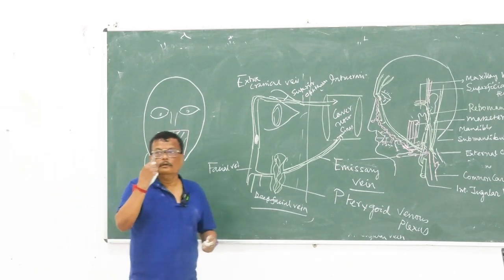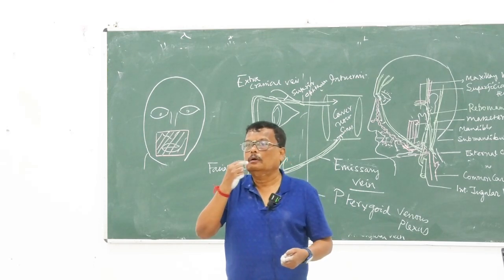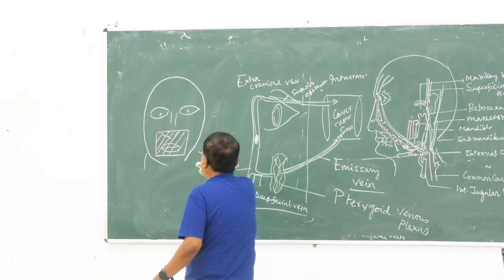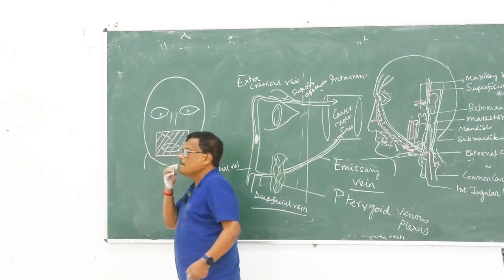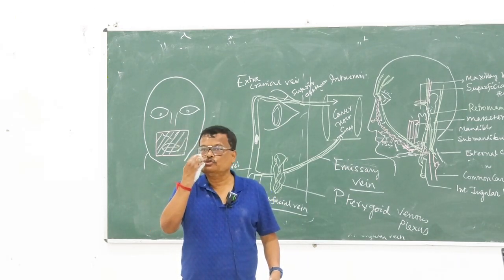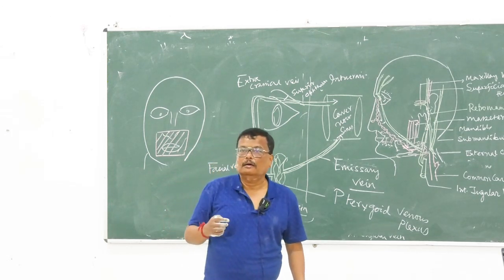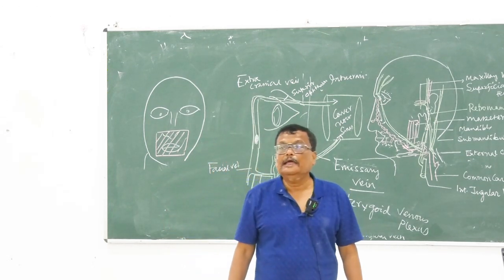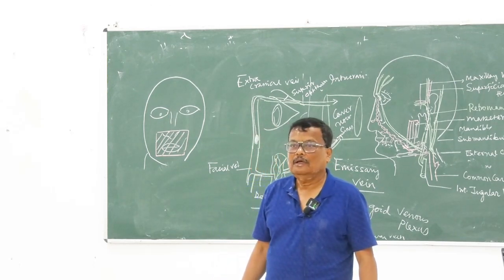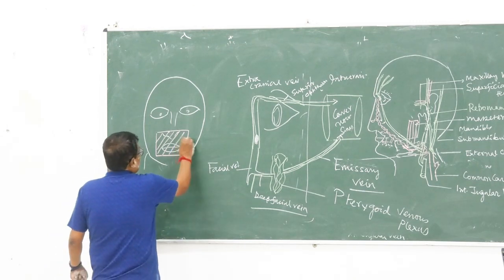This area, upper lip, ala of the nose, medial angle of the eye, এই যে স্কোয়ার এরিয়া, এটাকে বলে ডেঞ্জার এরিয়া অফ দ্য ফেস। এই জায়গাটার নাম হচ্ছে ডেঞ্জার এরিয়া অফ দ্য ফেস।